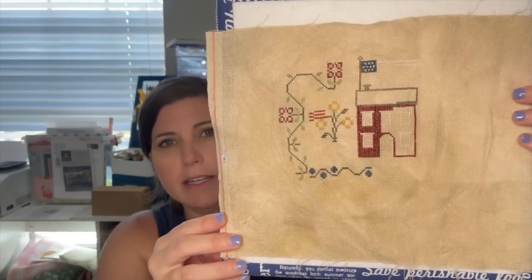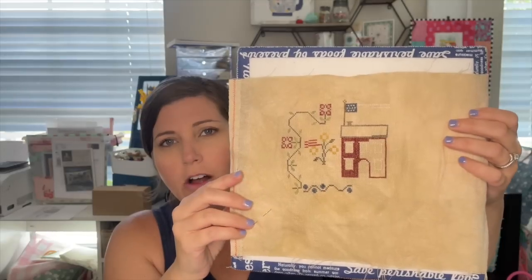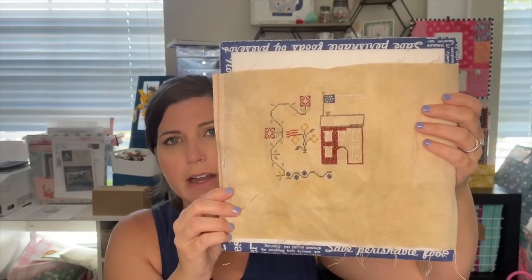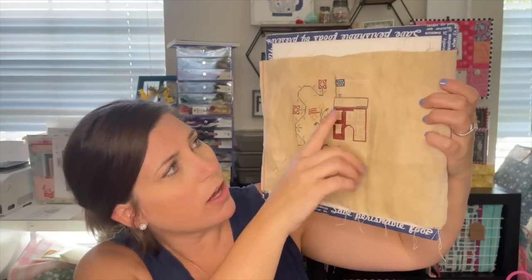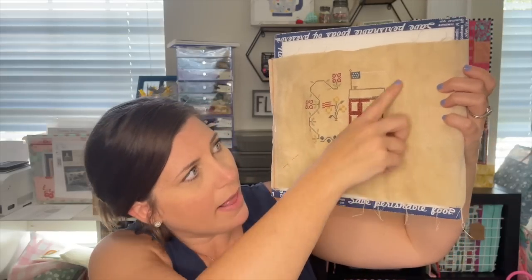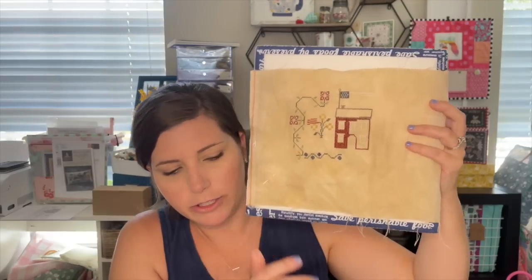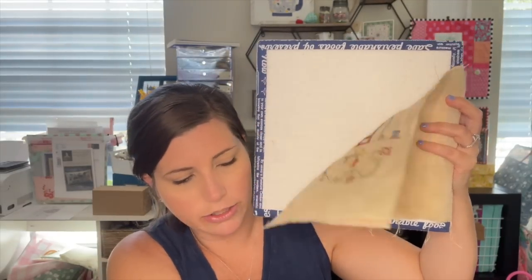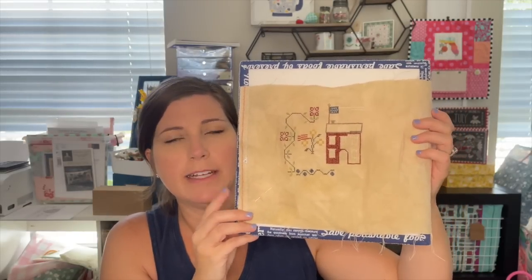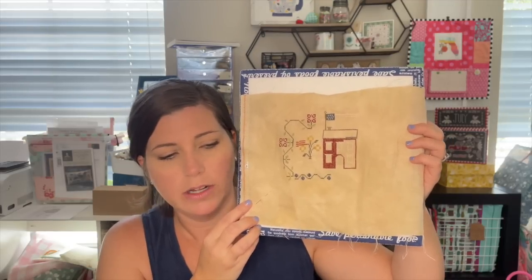But this is Boston Tea Party, and I hope you can see the color. It's really pretty. But this is all just from the past 3 or 4 days that I was able to get this done. So I am coming right along. I need the flag, a little fill in here, and then the other side, and finish this, and I should be done. The one thing I am interested to see is, I do like the little tag, but I don't know if it's gonna fit on this, because this is 36 count, and it calls for 40 count,